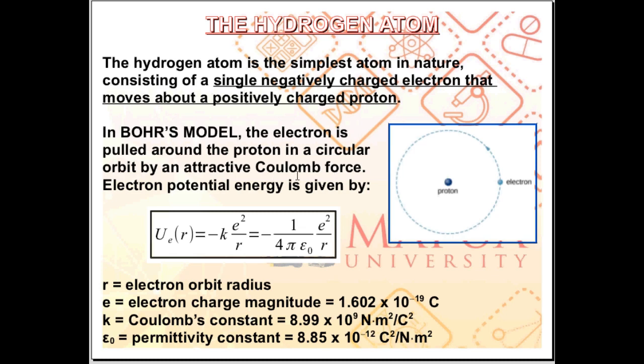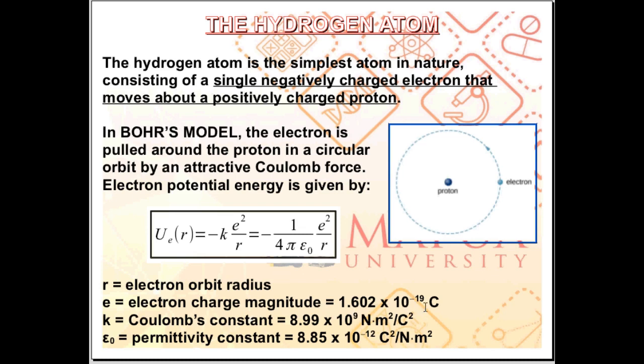This Coulomb force will lead to the electron potential energy given by U is equal to negative k e squared over r, where k is equal to 1 over 4 pi epsilon naught. So U, potential energy U, is also equal to negative 1 over 4 pi epsilon naught e squared over r. r is the radius of the electron orbit, so the distance of the electron from the proton. e is, of course, the electron charge magnitude,